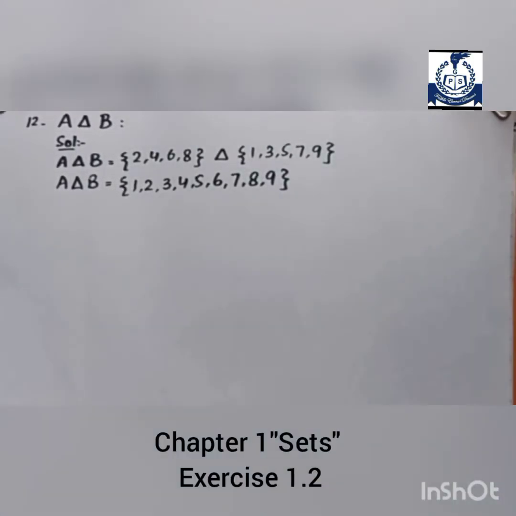I repeat it again. If we have a delta between A and B, so we skip the same elements. हम जो है वो सेम एलिमेंट्स को कैंसिल आउट कर देंगे और जो रिमेनिंग एलिमेंट्स होंगे, जो डिफरेंट एलिमेंट्स होंगे, उसे हम एज अ आंसर लिख लेंगे. इस क्वेश्चन में, क्वेश्चन नंबर 12 A डेल्टा B में, देयर इज़ नो एलिमेंट्स इन A विच इज़ सेम एज द एलिमेंट्स ऑफ B. सेट ए के एलिमेंट सेट बी के एलिमेंट से मैच नहीं हो रहे, कोई भी एलिमेंट आपस में कैंसिल आउट नहीं हो रहा. दोनों सेट्स में जो है वह एलिमेंट्स डिफरेंट है, तो हमने दोनों सेट्स के एलिमेंट्स को अपने एज अ आंसर में लिखा, लेकिन इन अ अरेंजमेंट फॉर्म.